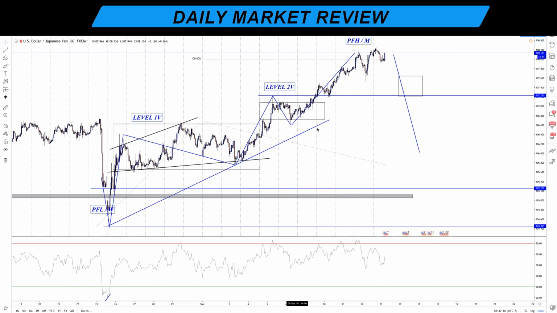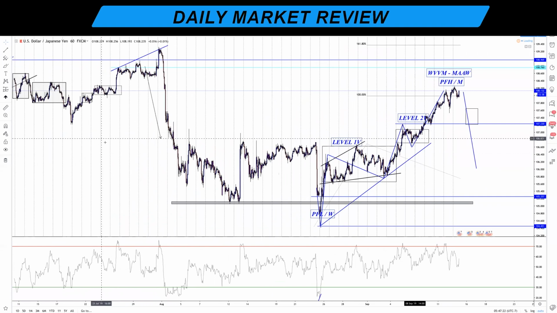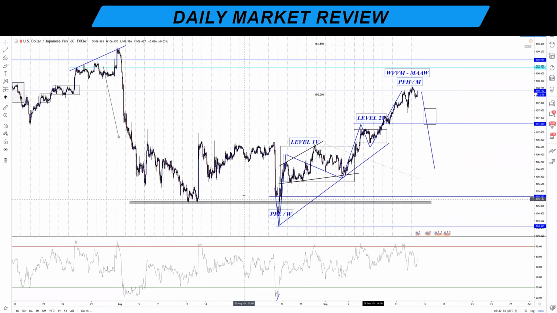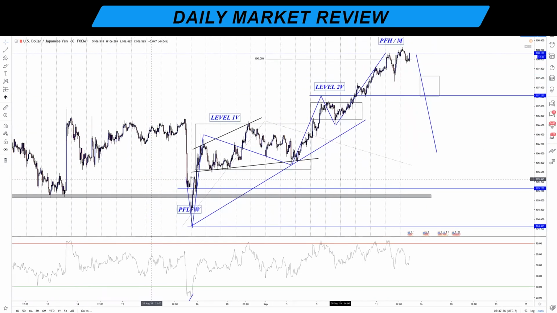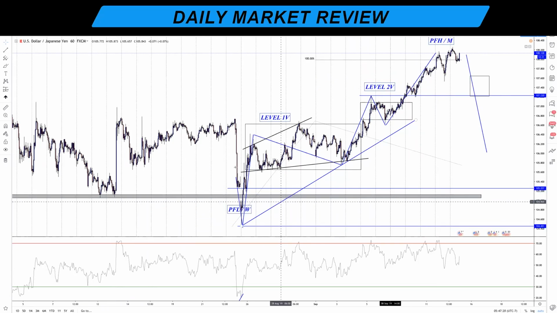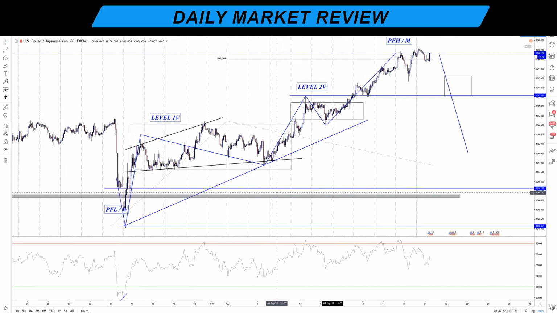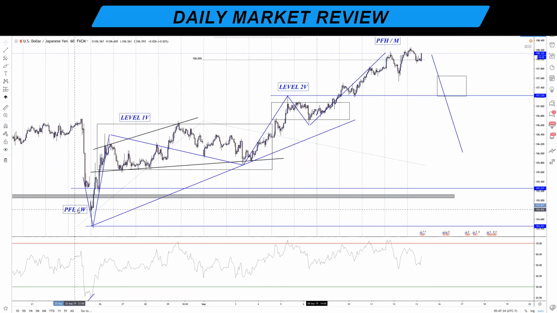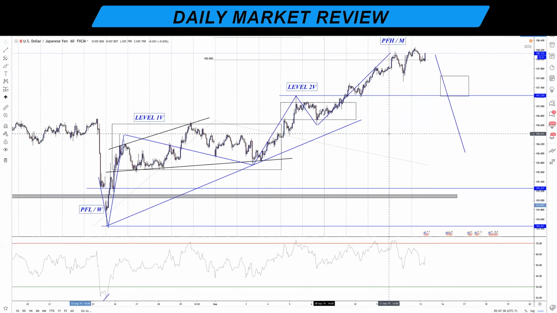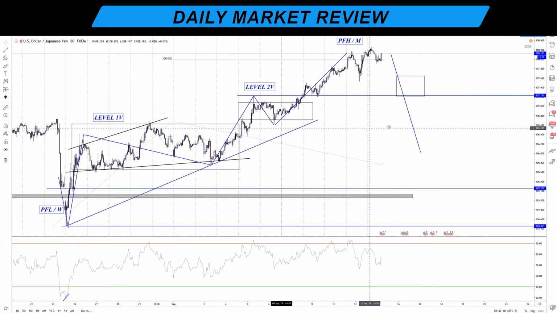So let's get started. What we're seeing here is that we found the peak formation low, and if you go back, you can see that the price has dropped significantly and created a major support here. However, the price respected this area, creating the peak formation low, the W formation, and then started to go into a bullish cycle. So once that cycle starts, you need to track